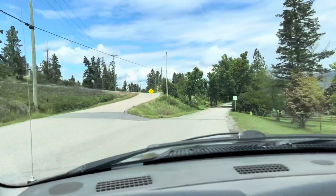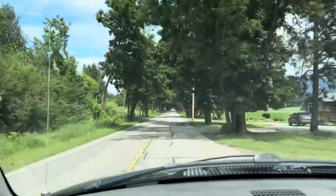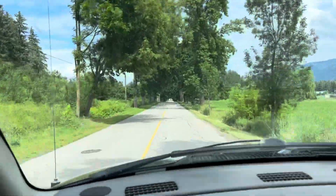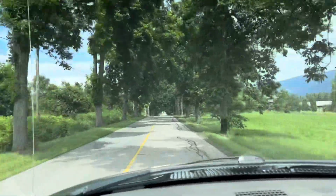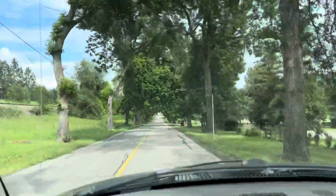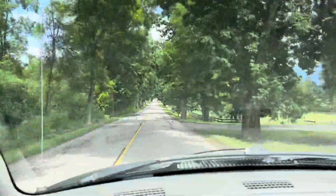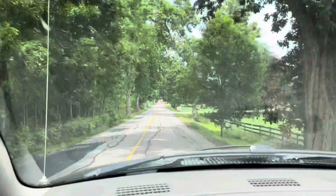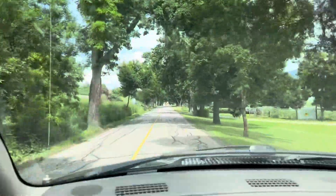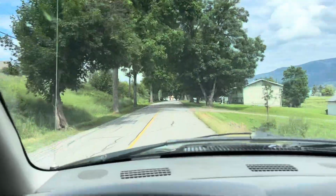So we are now coming into the town of Armstrong. So we can go to Nelson's Glass. That is who does all of our windshields. And this is a really cool section of road. No other town around here has a section like this with all these trees you're driving through. Got your own little tunnel through the forest. Locals, of course, have seen this 1,000 times. They don't even think about it. But for those of you watching from elsewhere,